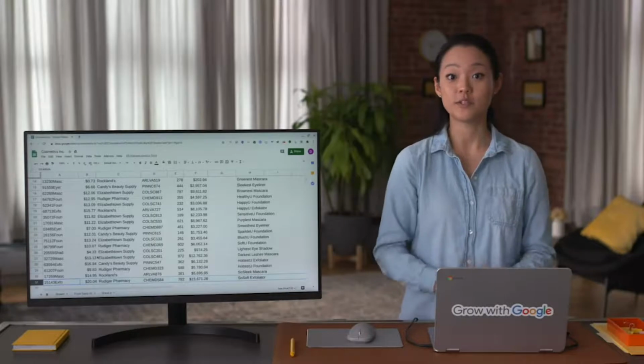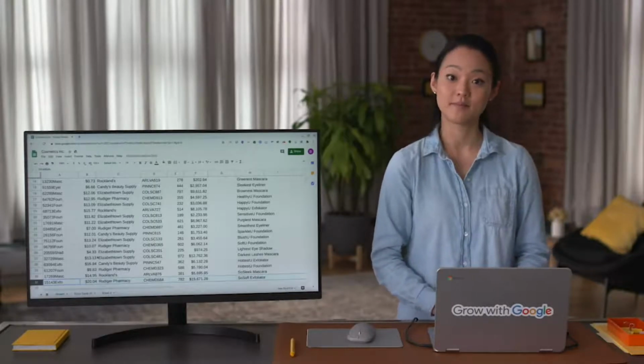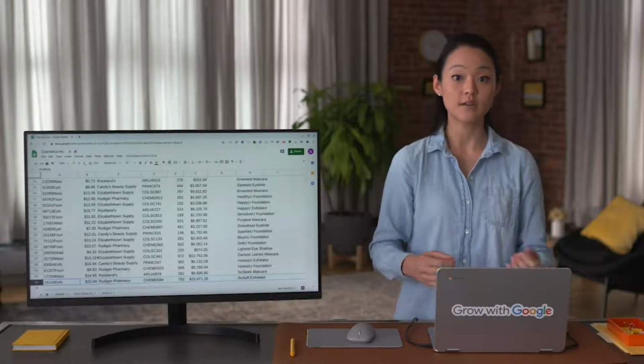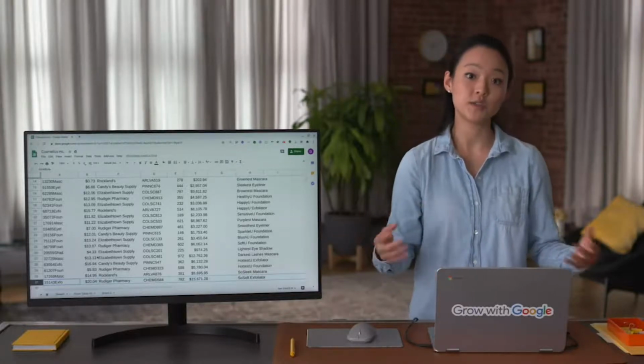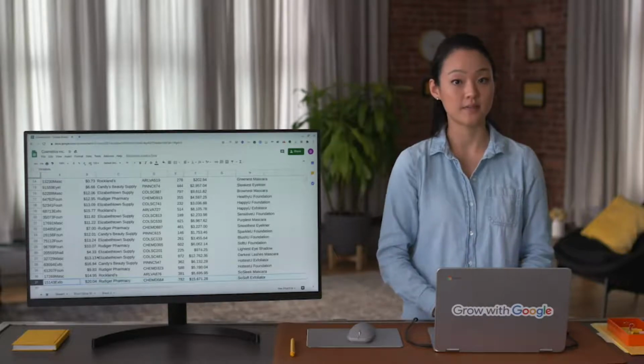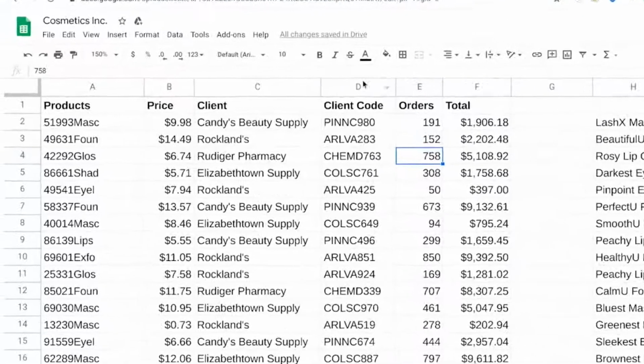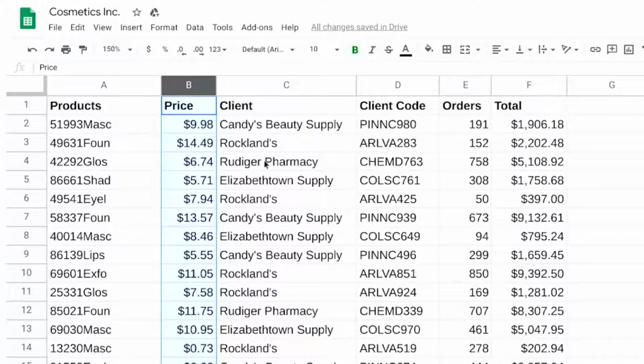The final tool we'll talk about is something called plotting. When you plot data, you put it in a graph, chart, table, or other visual to help you quickly find what it looks like. Plotting is very useful when trying to identify any skewed data or outliers. For example, if we wanted to make sure the price of each product is correct, we could create a chart. This would give us a visual aid that helps us quickly figure out if anything looks like an error.